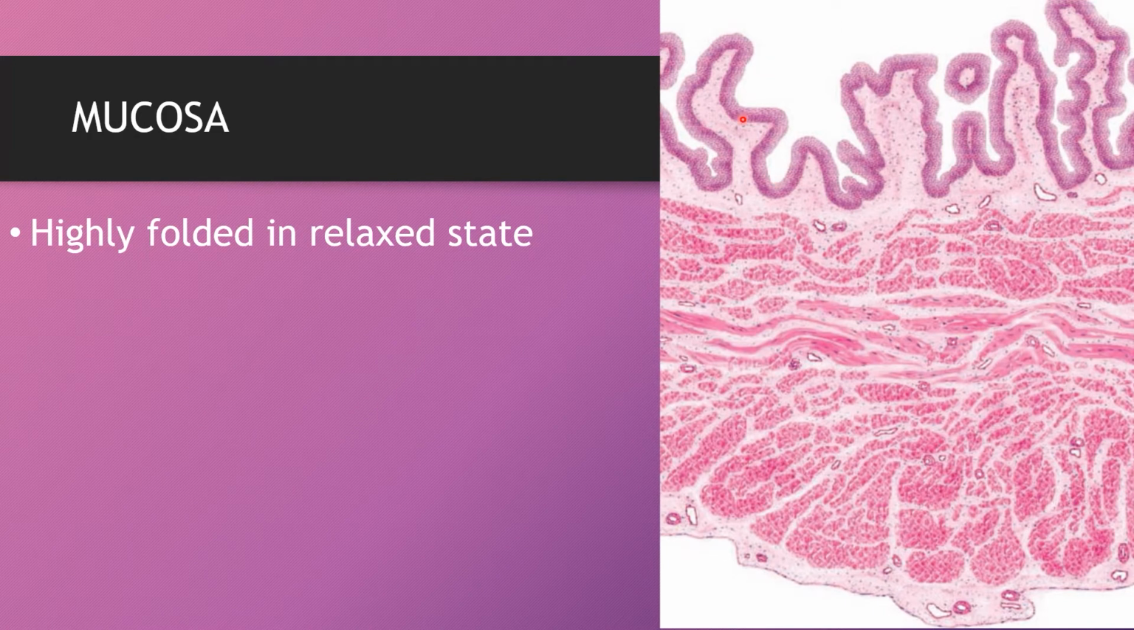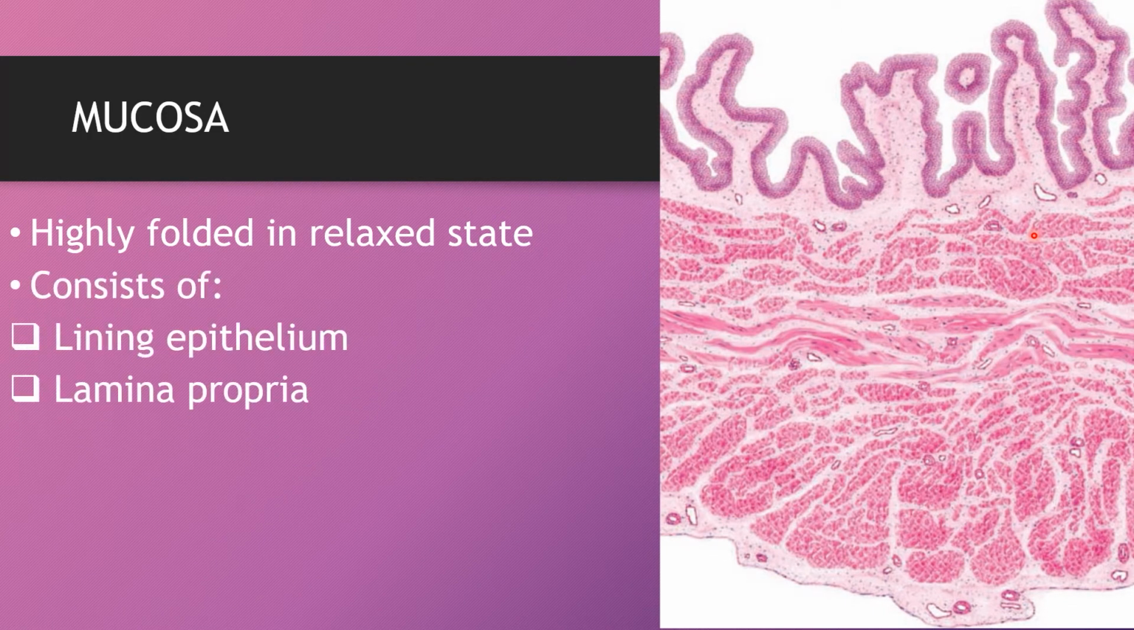Mucosa, again here in relaxed state, is highly folded, and the mucosa also consists of lining epithelium and the lamina propria. The lining epithelium is transitional epithelium. In transitional epithelium, you can see the basal cells, the intermediate pear-shaped cells and the umbrella-shaped or dome-shaped cells. In the relaxed state, it is 5 to 6 layers thick, whereas in